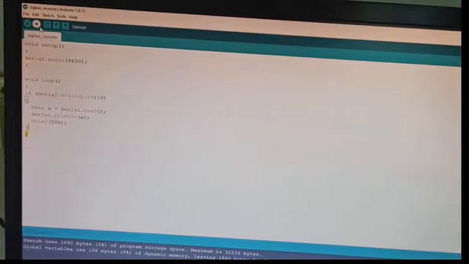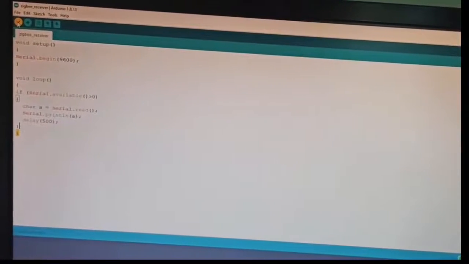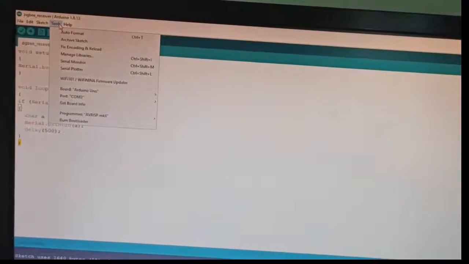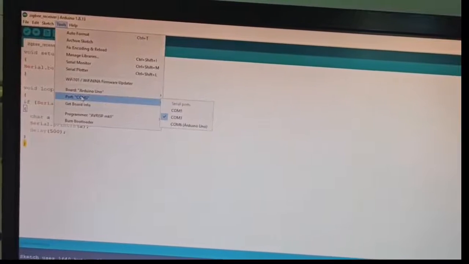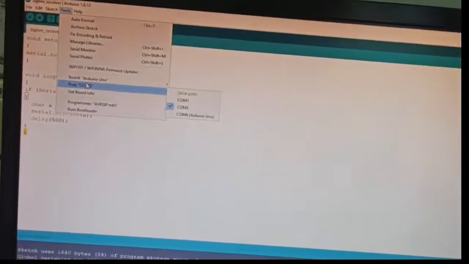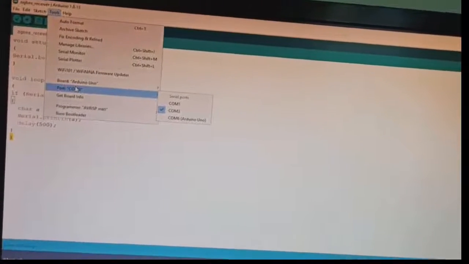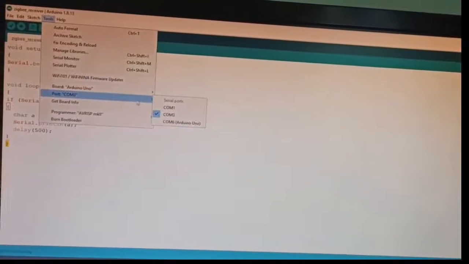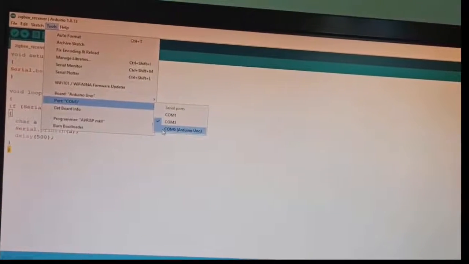I am compiling the code now. It's showing done compiling. And from the tools you need to get the port selection. I have already used COM3 for the transmitter, so this will be the COM6 port only.